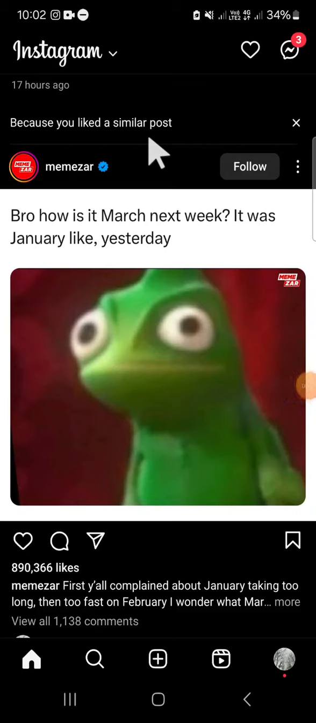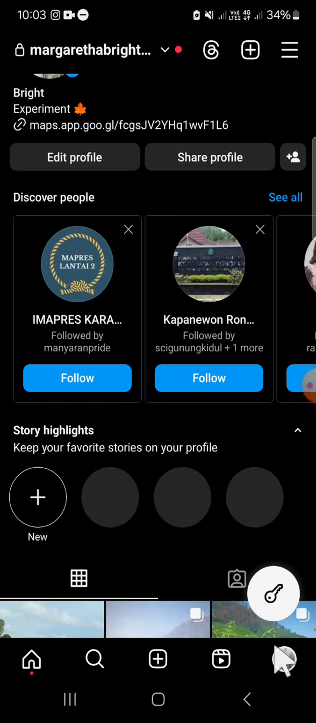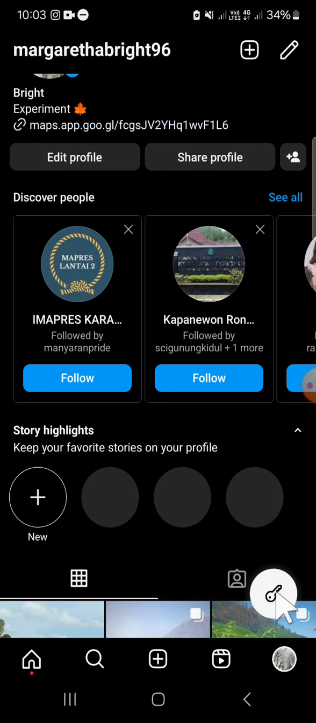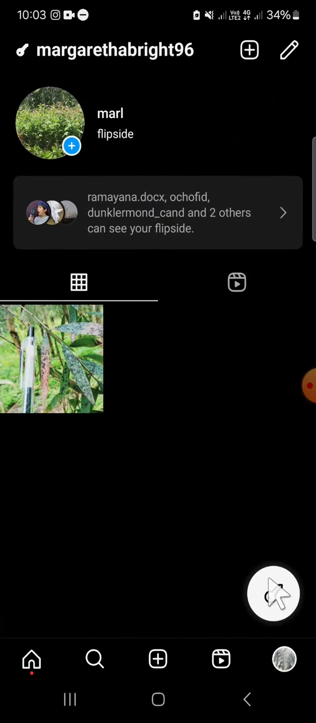In today's video, I'll be showing you how we can remove all our friends we have added to our Flipside profile. Okay, here I have opened my Instagram application on my phone, and first of all we can go to our Flipside profile. We can click on this profile button and tap on this key icon to open our Flipside profile. Okay, and this is my Instagram Flipside profile,